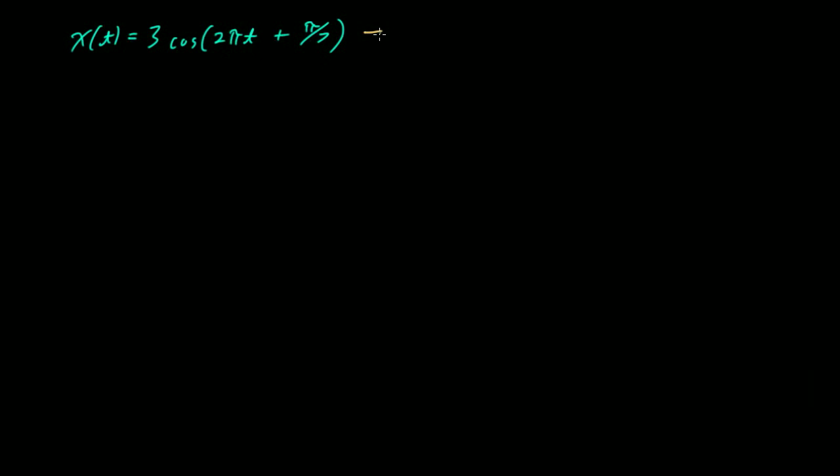So if you saw the last video, or if you want to see the algebra behind where I'm going to get this result from, let me actually write this in a general sense. If I have a function x of t, which is equal to k cosine of omega t plus phi, for phase,